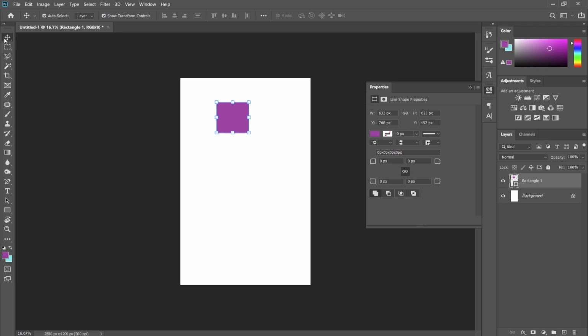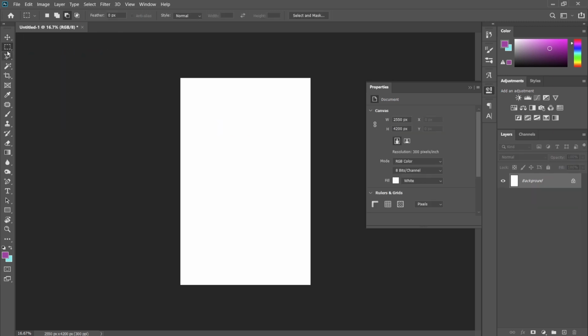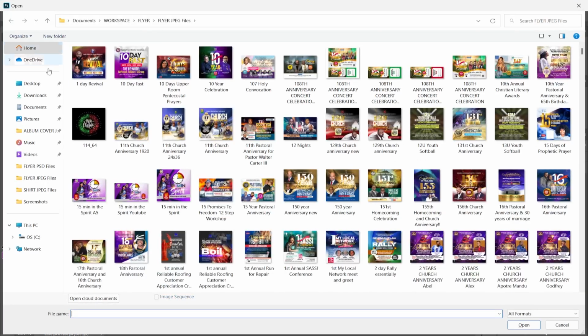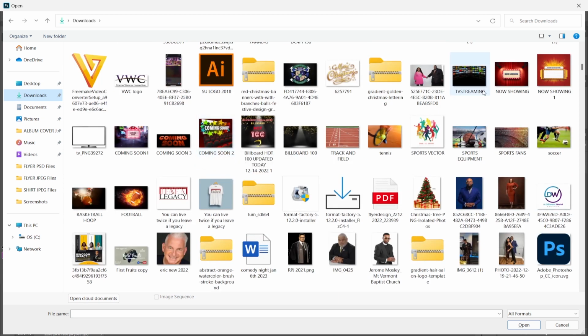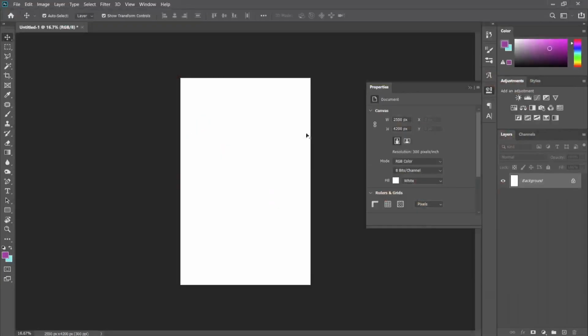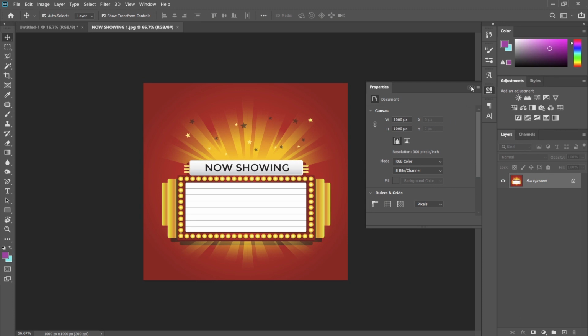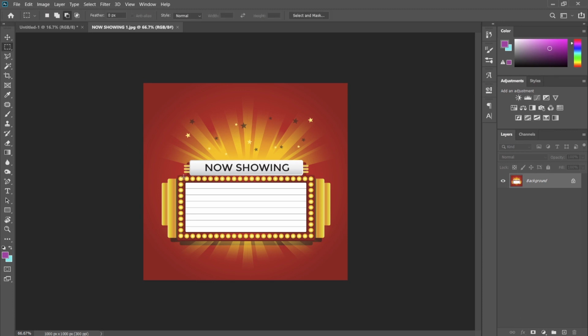Then also it's a drop tool. Then the second one is used to cut objects. Let me import one picture so you see what I'm talking about. Okay, so I have this picture right here. Now for this tool, let's say you want to cut this sign out. You just go like this,